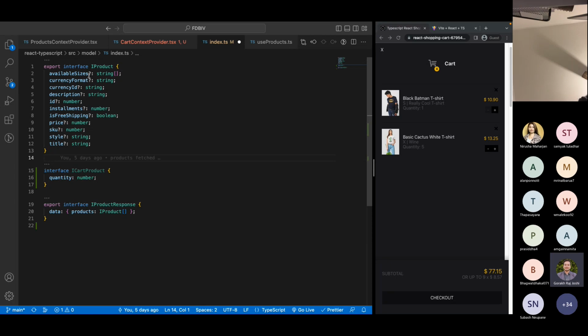Right? And if you are sure all of these fields are coming, you don't have to make them optional as well. So if there is available size, you need to see in the API response. These all are coming from the API. Why are we making this optional, right? These all are coming. So let's make them not optional because we will eventually get all of this. There will be a benefit of types as well sometimes if they are missing. So here is the interface for iProduct. Here is the interface of iCart product, but we haven't copied all of this. So this is a concept